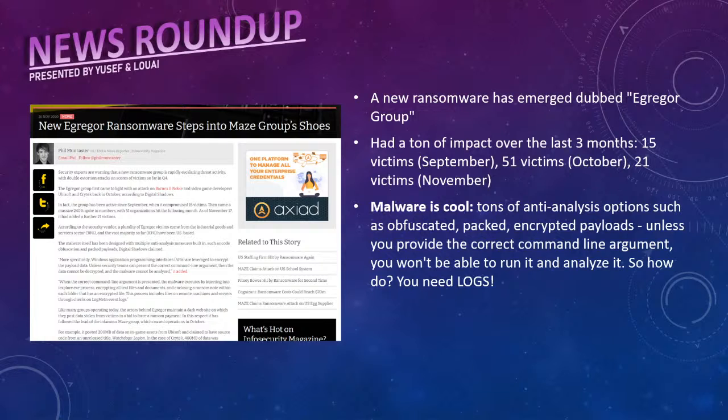Now, why is this a big story? It's because another ransomware group called Maze recently announced that they will actually cease operations, so that they're not going to continue spreading the ransomware. And into their shoes steps this new group. Now, the key question is, why did Maze cease operations? Well, of course, Yusuf Islaya appealed to their better angels and convinced them to.